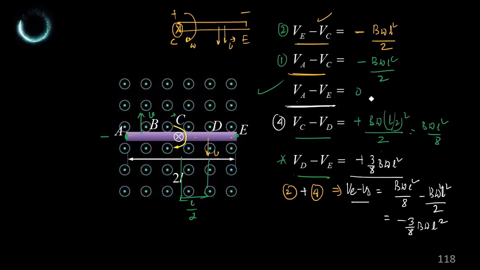কোথায় আসছে, কোথায় আসছে? সি আর ই এর মধ্যে কোনটা হাই পোটেনশিয়াল? সি-টা হাই পোটেনশিয়াল, না, এ ইজ দ্য লো, ই ইজ দ্য লো পোটেনশিয়াল সাইড। আর এ আর সি এর মধ্যে সি ইজ দ্য হাই পোটেনশিয়াল, এ ইজ দ্য লো পোটেনশিয়াল। So potential at point A and potential at point E will always be equal, ওকে।